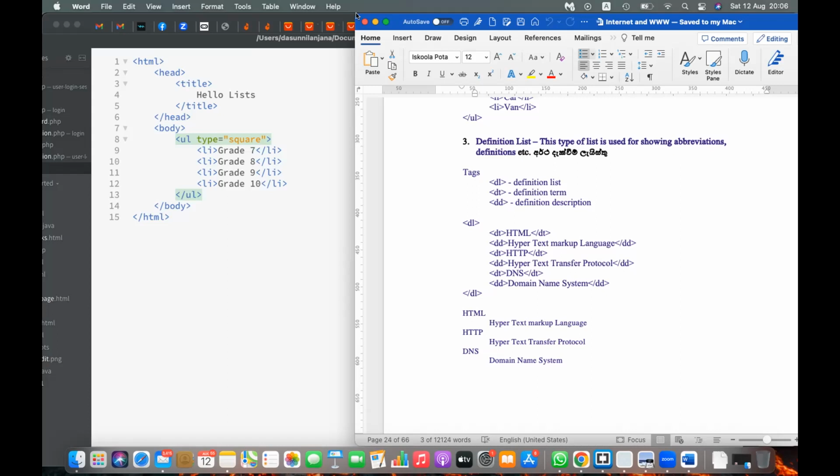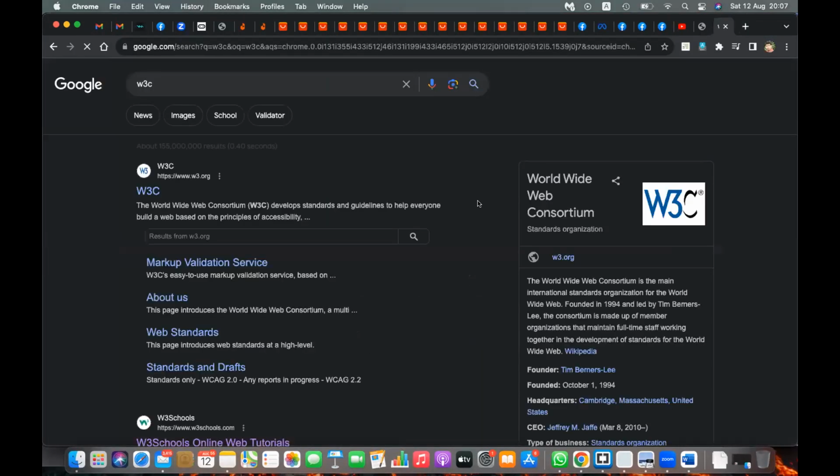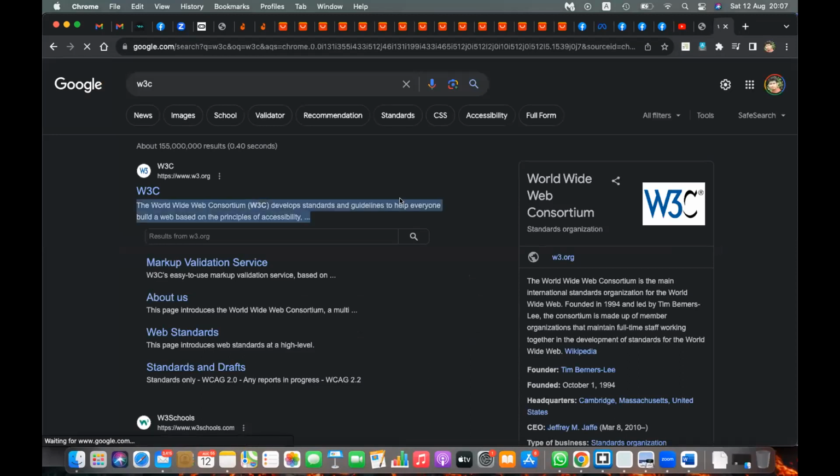Because of the browser war, Tim Berners-Lee and his team, his organization for standardizing the web, is called the World Wide Web Consortium, W3C. They are the ones who make standards related to the web. The World Wide Web Consortium develops standards and guidelines to help everyone build the web based on